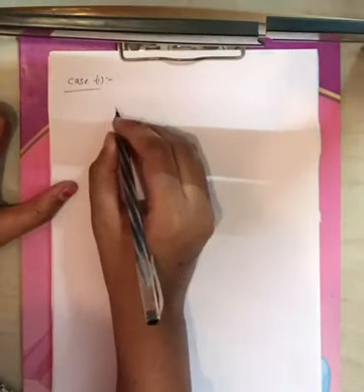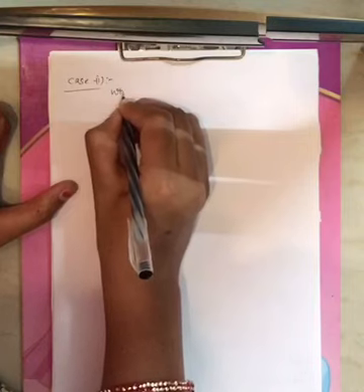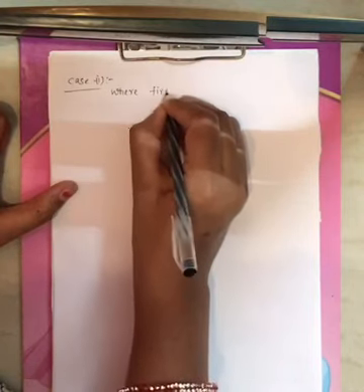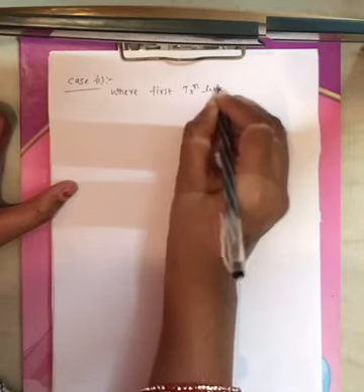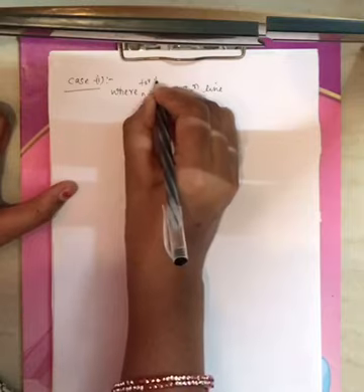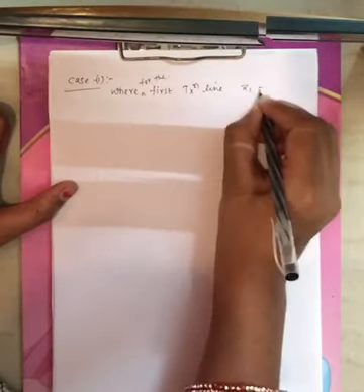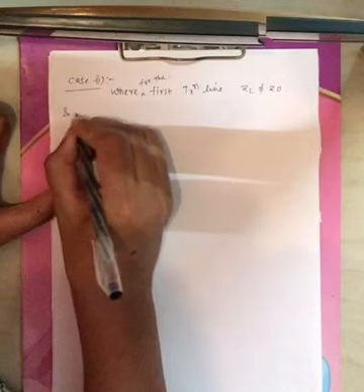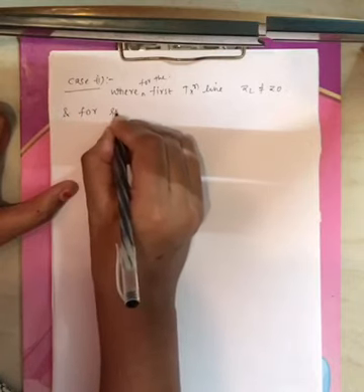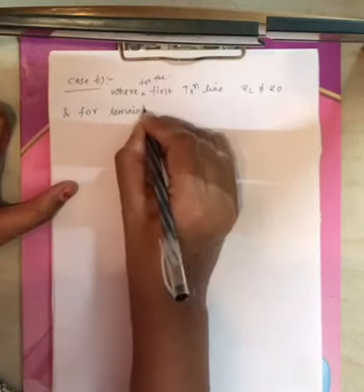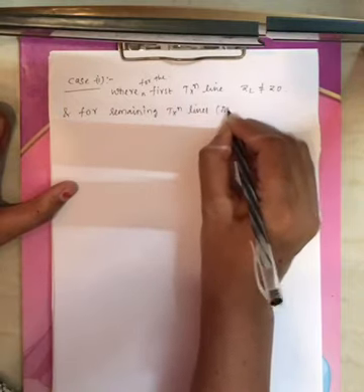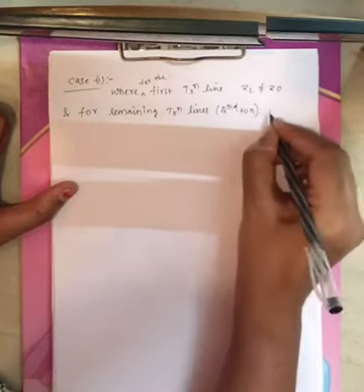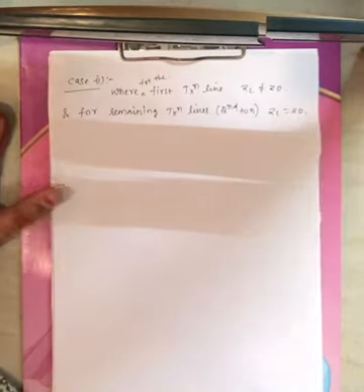Now consider case 1, where for the first transmission line ZL not equals to Z0, and for the remaining transmission lines, that is from second to n, ZL equals to Z0, right?